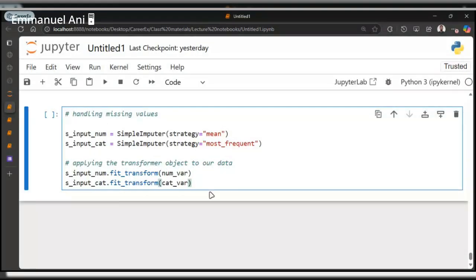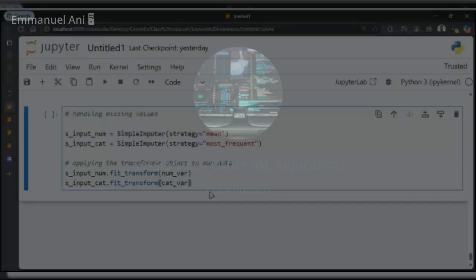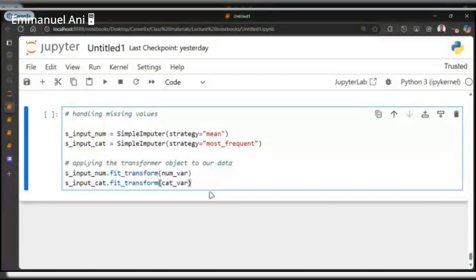We also have what we call pipelines in scikit-learn. A pipeline is a way to chain all the preprocessing steps into one. We're going to look at pipelines before we end this program. It's a very nice and neat way to do things, but this one is the traditional, default way.